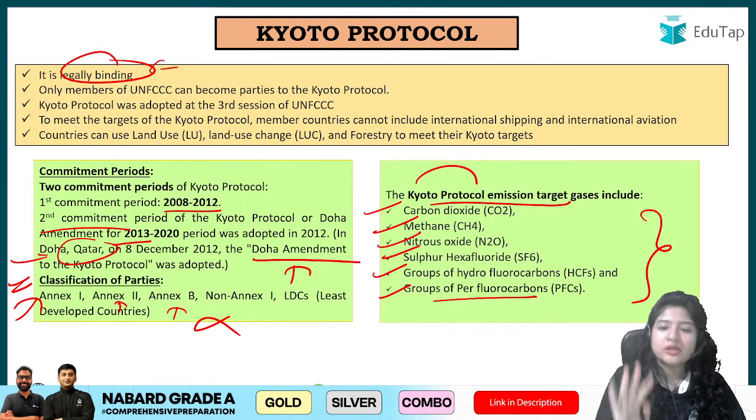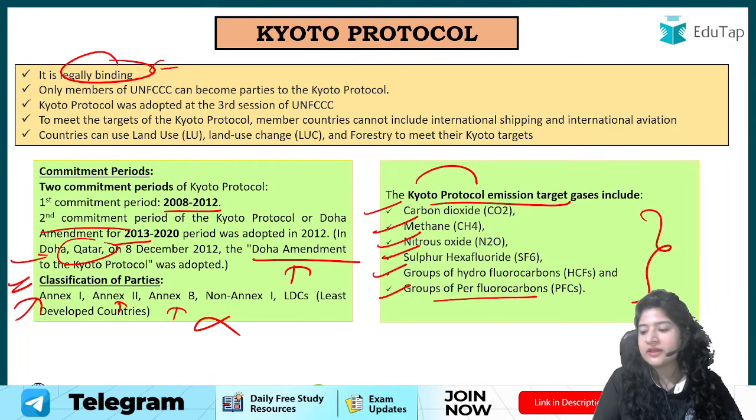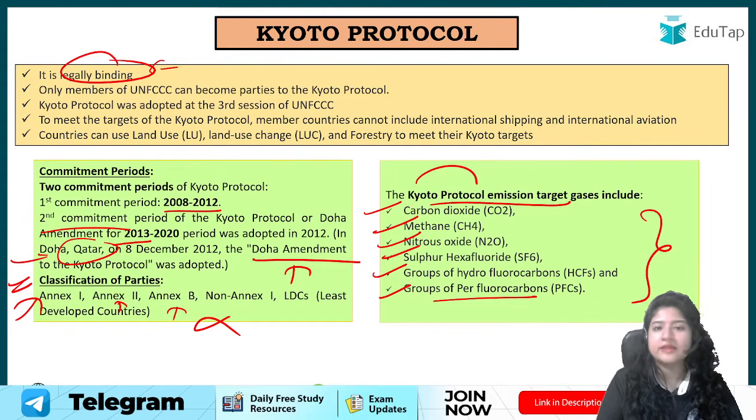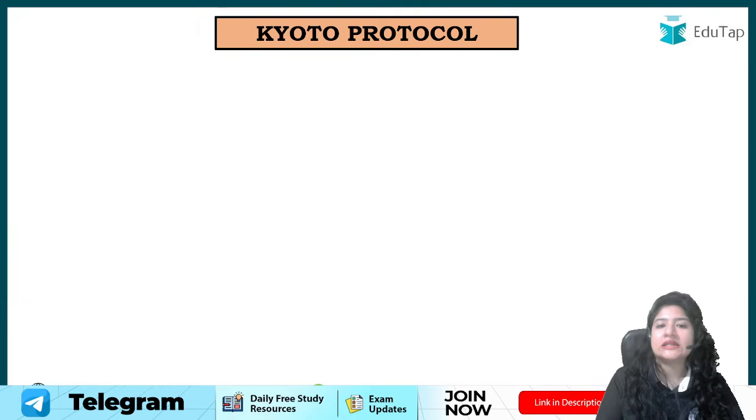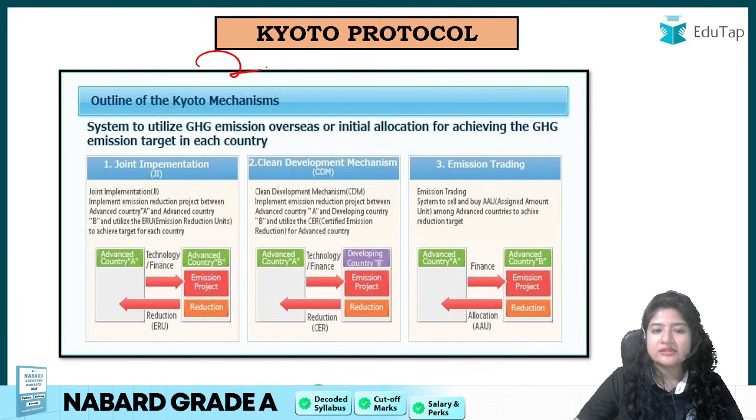But major जो आपको याद रखना है, Kyoto Protocol is related to control the greenhouse gas emission, and there was a Doha amendment that happened in 2012, ठीक है? That is known as what? Yeah, that is known as Doha amendment. Amendment done in Kyoto Protocol that is related to the greenhouse gas. ठीक है, अब इसमें कुछ Kyoto mechanism है, let's understand that.